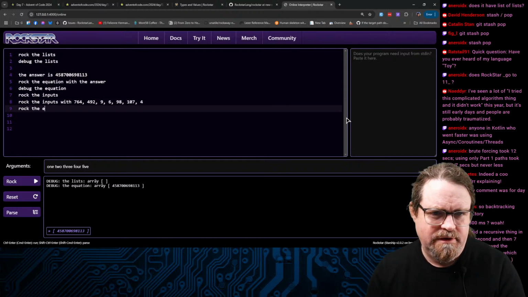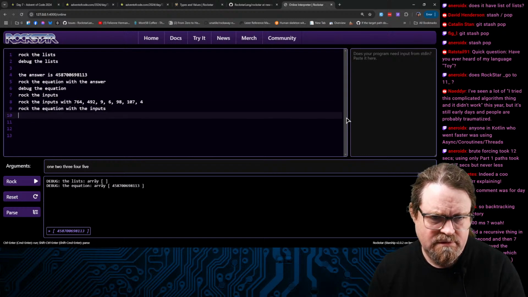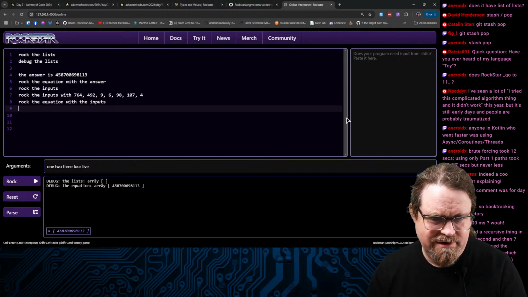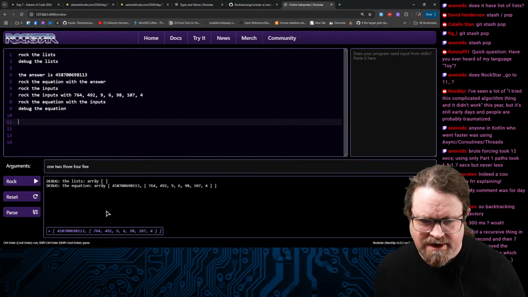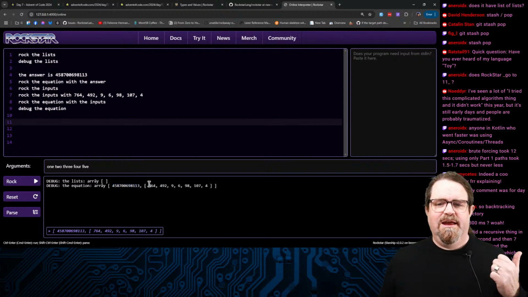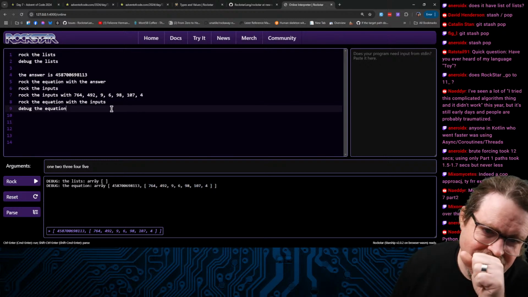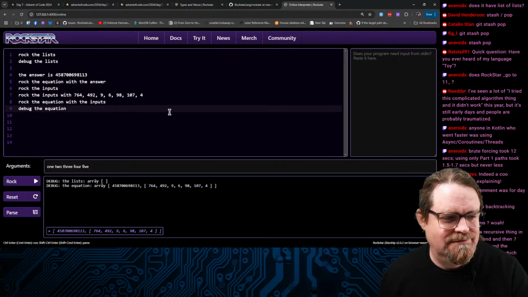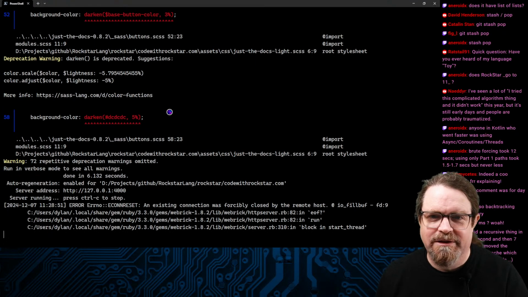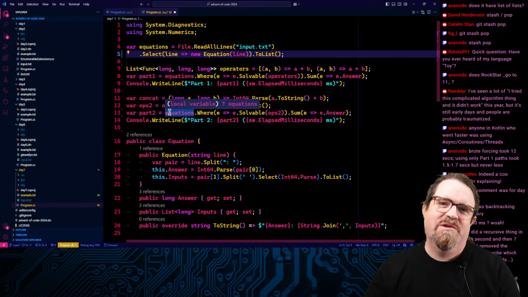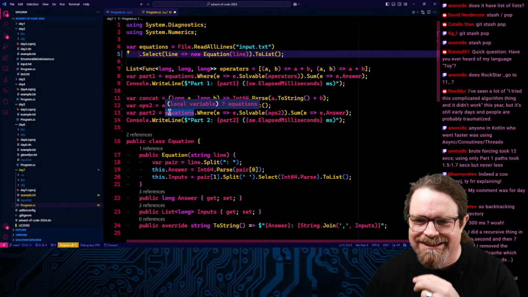And then run the equation with the inputs. And then debug the equation gives us, yeah, okay, cool. So we got the answer, and then we got the inputs. So we can have lists of lists. All right, I'm liking where this is going. I mean, headfirst straight down the rabbit hole is where this is going, but I like the fact that that's